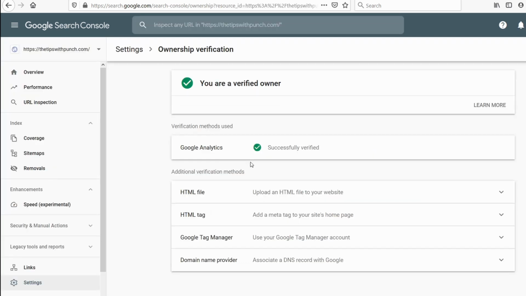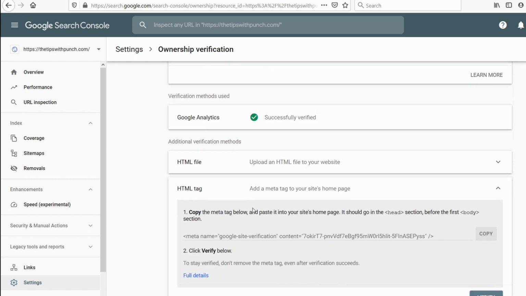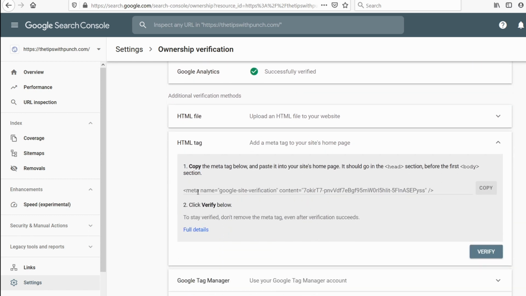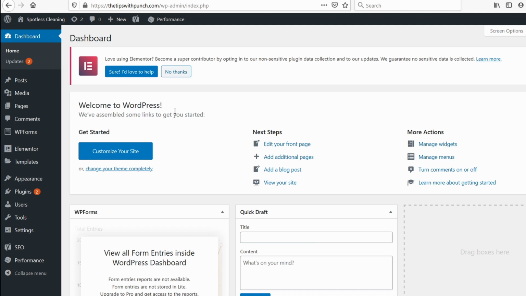You'll have a few ways to verify that you actually own the domain, so that Google knows that you own this and they can show you all the data. So in that case, what you need to do is open up this HTML tag, and they have this code. All you need to do is grab this part that's inside the content. Don't take the quotes, just grab this one, copy,